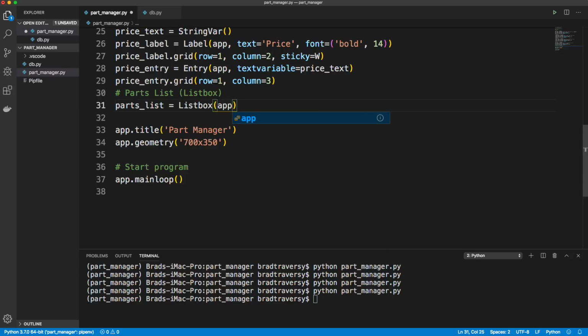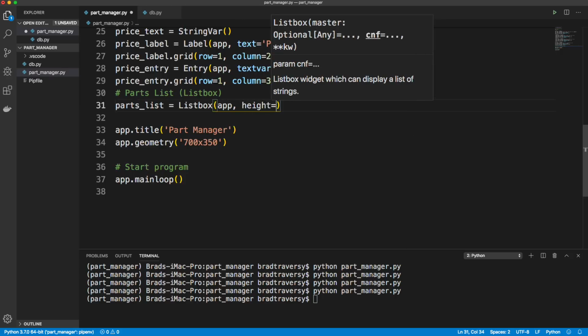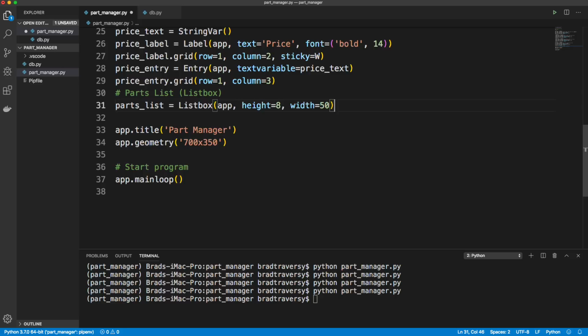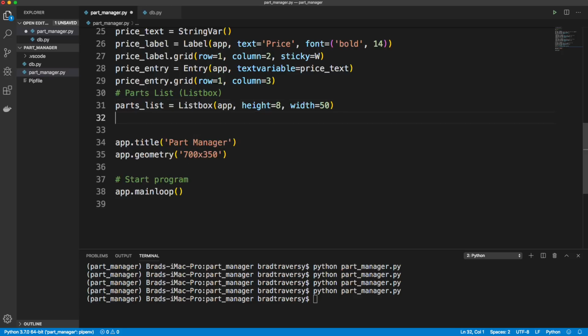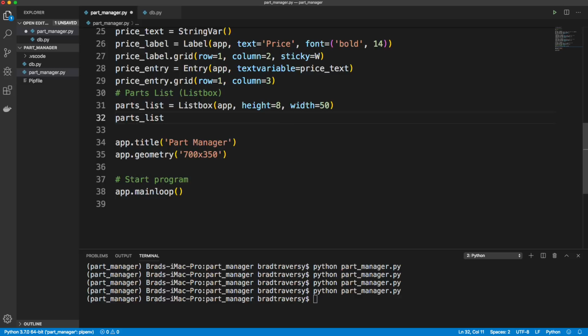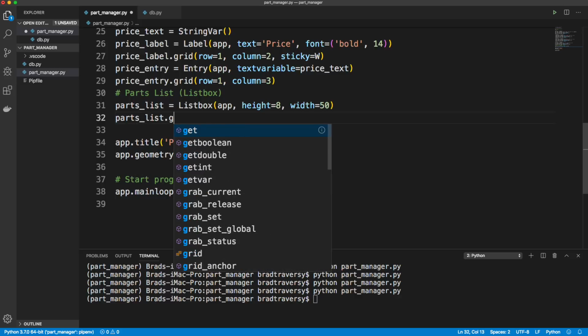Pass in our app, and we can pass in a height here. We're going to do height equals 8, and width equals 50. And you might have to again mess with some of these depending on what screen you're using and stuff like that. Let's see, I don't want a border, but I'm not going to add border 0 yet, just so we can see the actual outline of this. So we need to add this to the grid. So let's take our parts list dot grid,